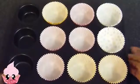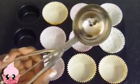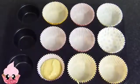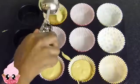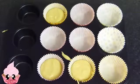So now we're going to put it into our cupcake cases, and I'm using my nice ice cream scoop here, and it just makes more uniform sized cupcakes. You just want to scoop that into your cupcake tins, and then you don't bang it on the table or anything. You want to make sure that the air is still inside there,